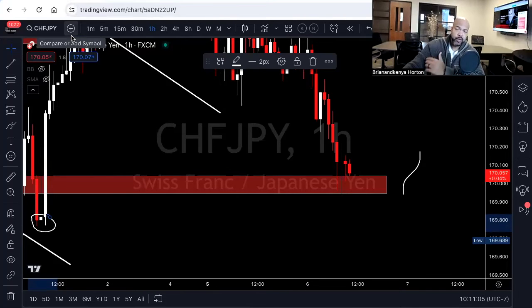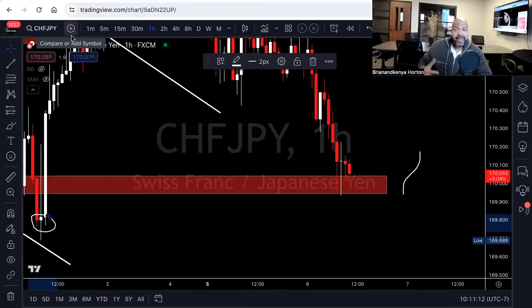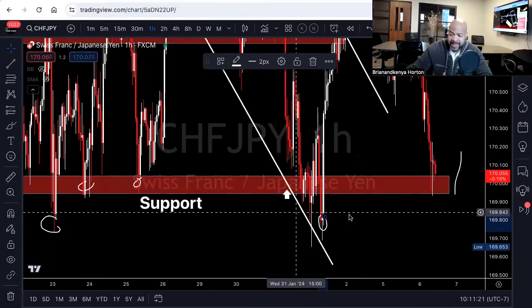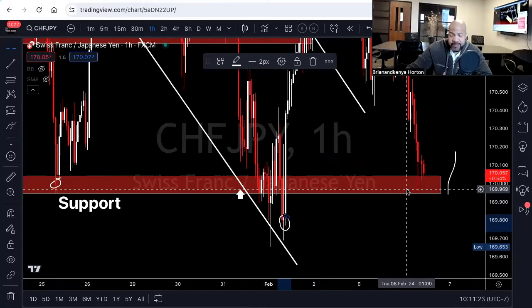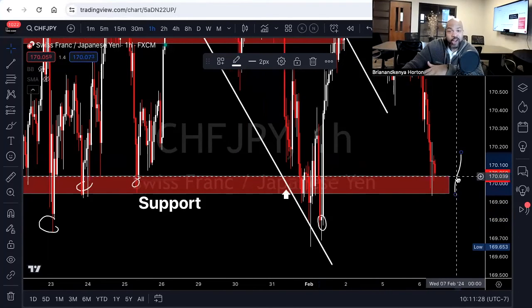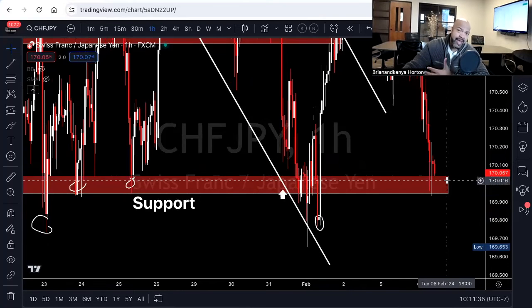So traders, another thing you want to do is go to forexfactory.com or another site that provides you with economic news, because the yen may have some big news coming out or the Swiss franc may have some big news coming out when price is in this zone right here. So you want to be careful with that because that can completely destroy my analysis. And that's why fundamentals pretty much rules, because the big banks and institutions are also trading fundamentals. They're also looking at the news. You want to make sure that there's no high impact news for the Swiss franc or the Japanese yen